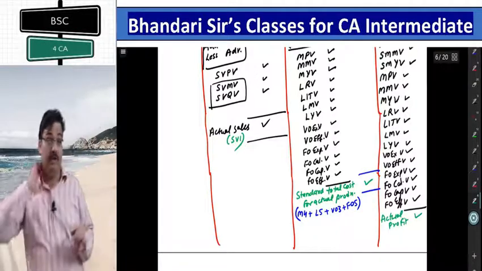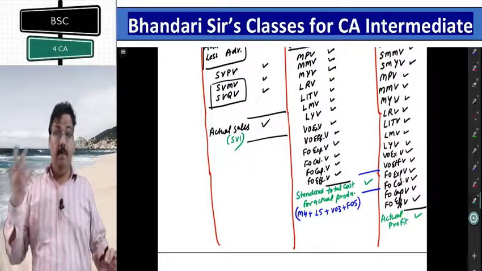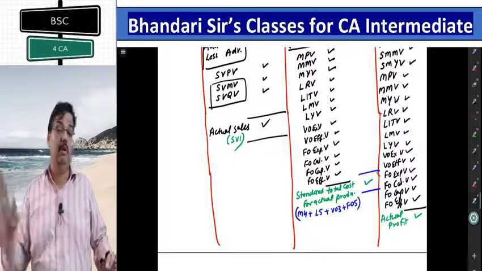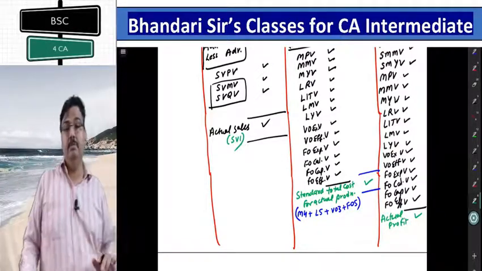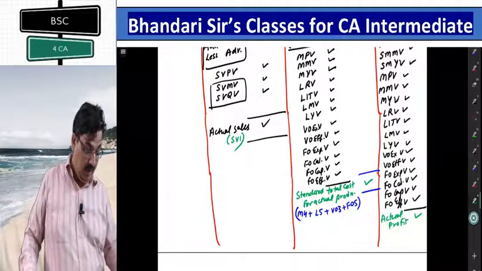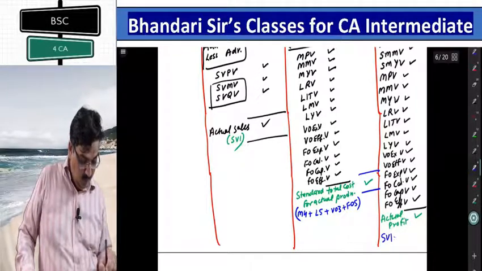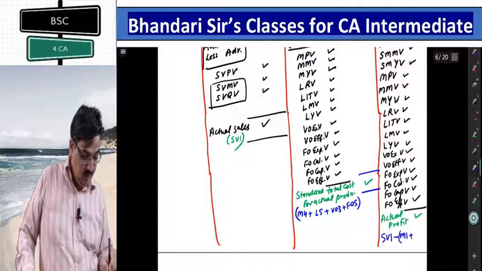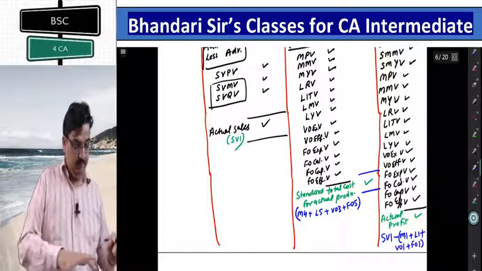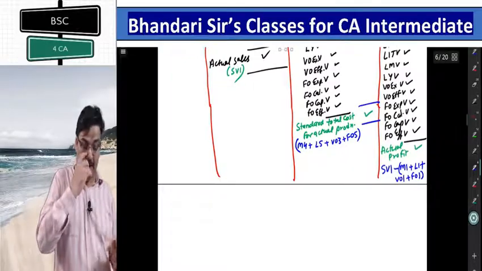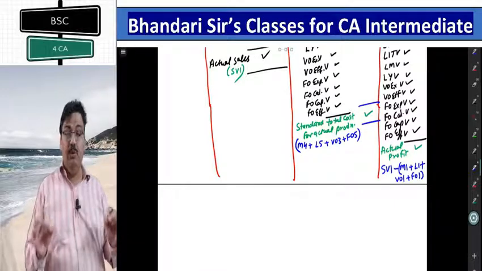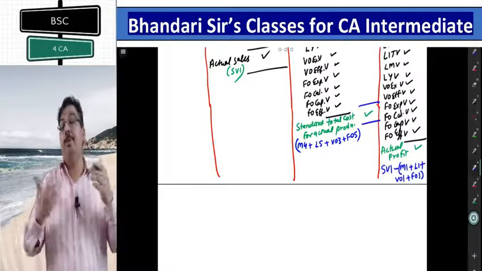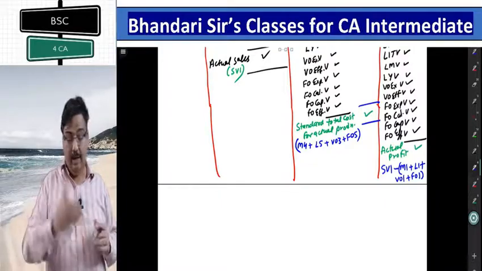Do you get actual profit in any step? Many people will think it is SM1. No, it is not SM1. SM1 is actual margin in which standard cost has been deducted. I am saying actual profit. Actual profit can be verified from SV1 minus M1, L1, VO1, FO1. Actual sale minus actual cost gives you actual profit. So SV1 minus all actual cost gives you actual profit. From there it can be the actual P&L account basically. Whatever profit you are getting there, from there it can be checked.